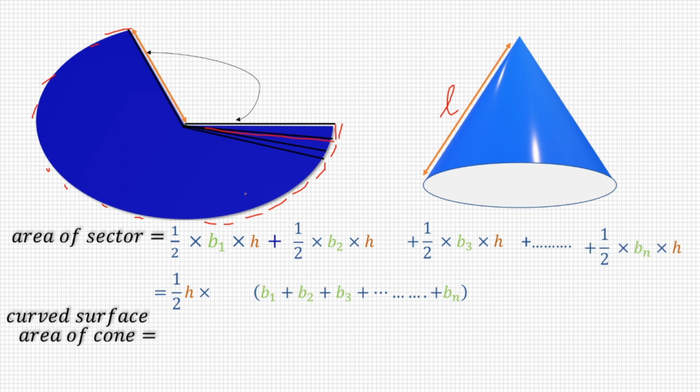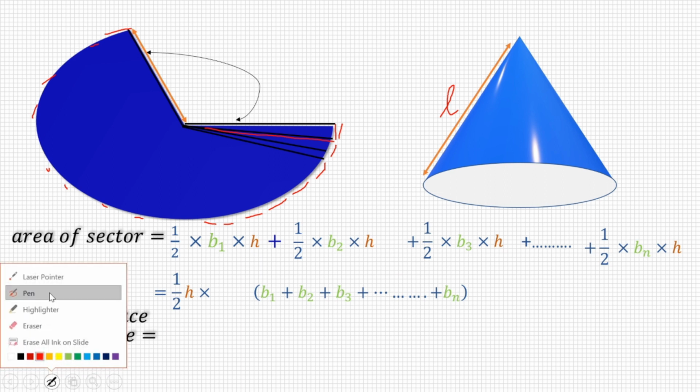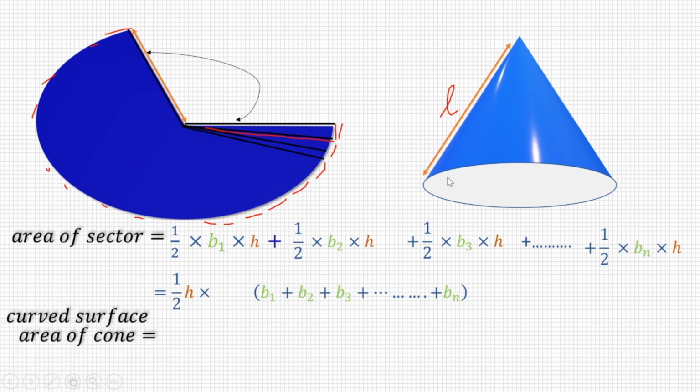So what does this full length become? When we make this a cone, this will get joined with this, so this red line will get joined with this dotted line, and it will actually become the circumference of the base face of the cone. So we can say this H can be replaced by L,